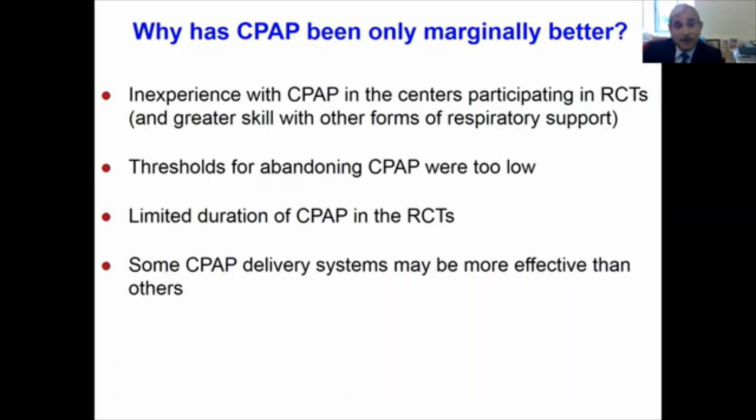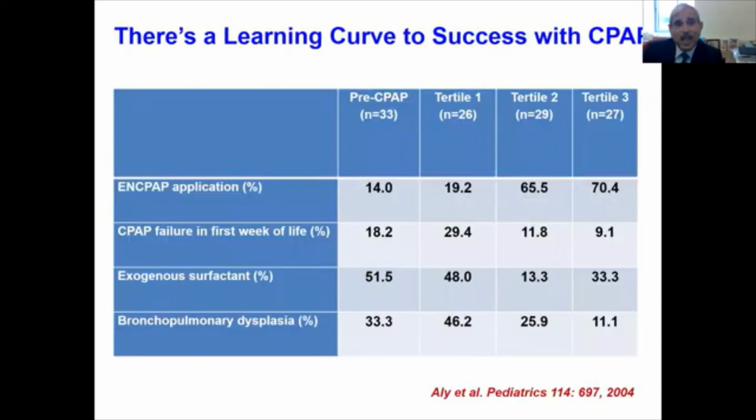If that was the case, we would have gotten clinical or statistical significance too. Success with CPAP does not happen overnight. There is a learning curve to the success with CPAP. This was very nicely demonstrated by Hani Ali, who trained at Columbia many years ago, and then he moved to